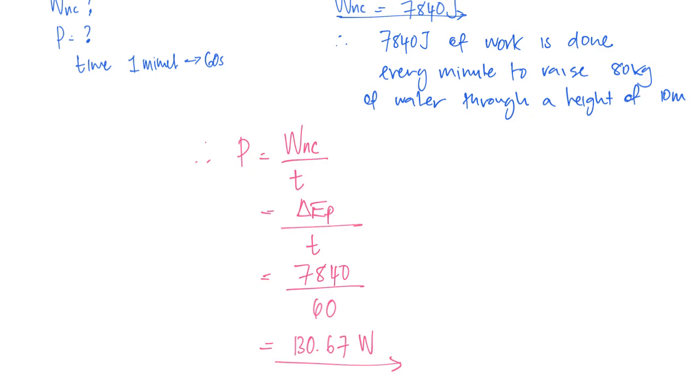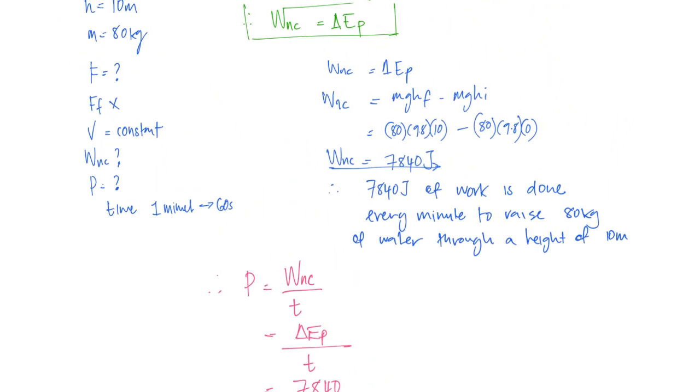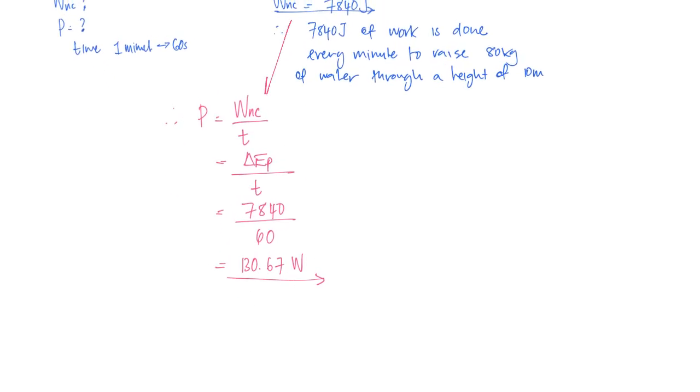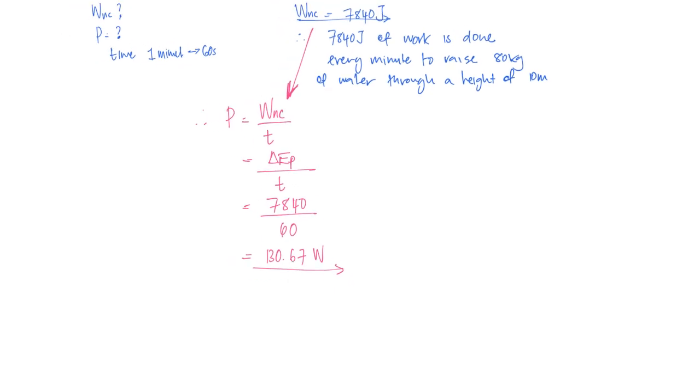All right, that's the first thing. That's the first type of method. Let's say method 1. Find your work non-conservative. If it's a pump at a constant rate, it's just the change in EP. And then once you're done with that, you can sub it into the work non-conservative. Method 2,